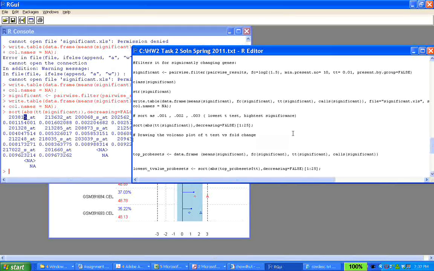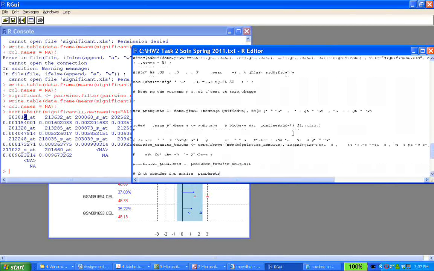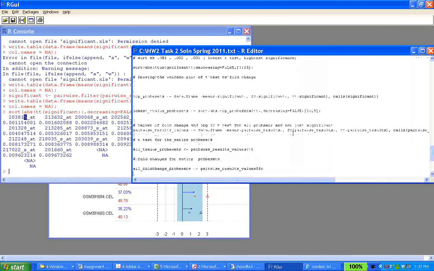Okay. All right. So now you have to draw a volcano plot of your test statistics versus the fold change. On your volcano plot, you need to understand a few things: what goes on your x-axis versus what goes on your y-axis. On your x-axis, you have to show the fold change. And on the y-axis, you have to show the p-value, the log 10 of the p-value. So let's just first figure out what are